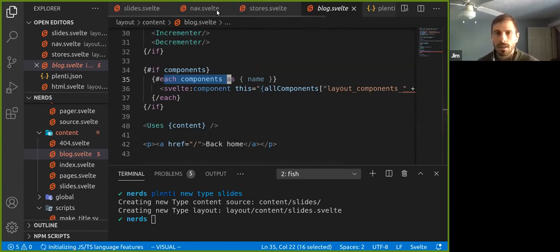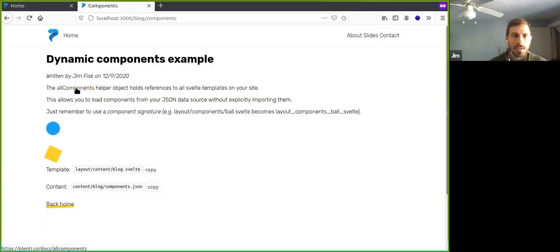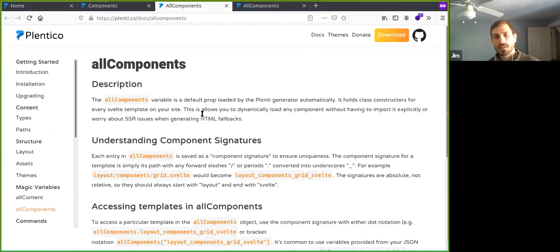Now, there's more details about how this is all set up on the front end. Let me switch back to the website. So if you go to this all components link here, if I can open that. Hold on, I'm trying to figure out how to use my keyboard. Okay, so this is the documentation for that. It shows how to use this default prop in order to load any component on your website. You can actually load any layout whatsoever, and it will work both asynchronously and synchronously.